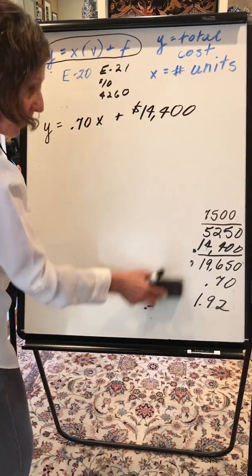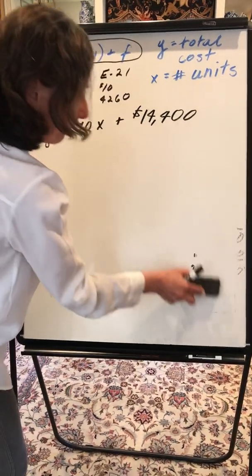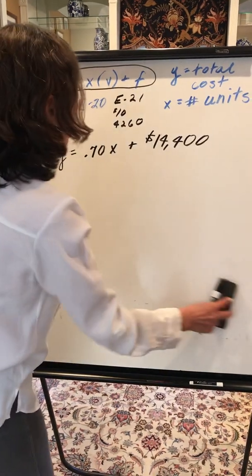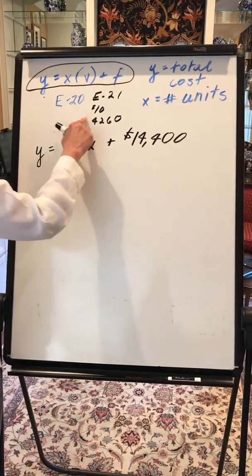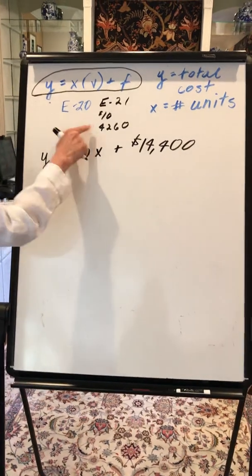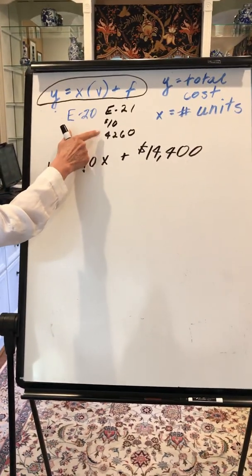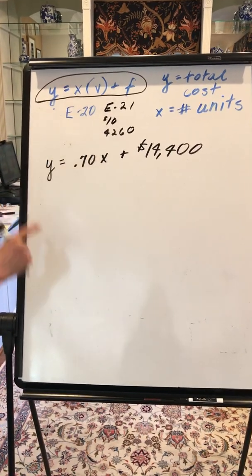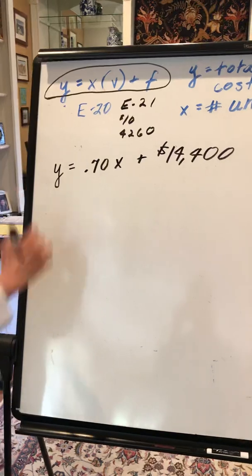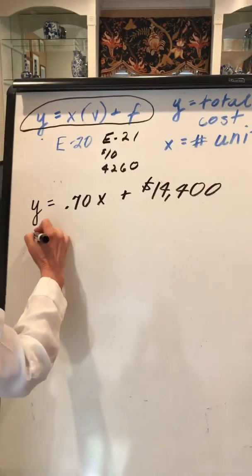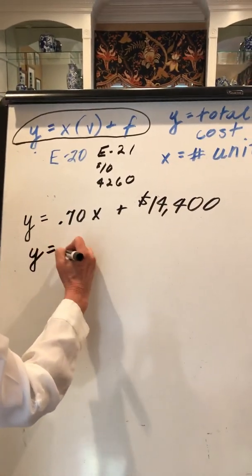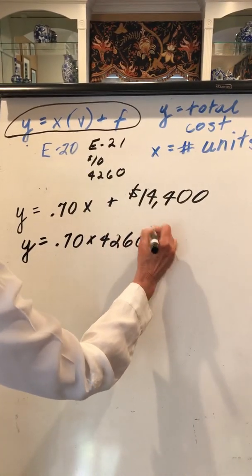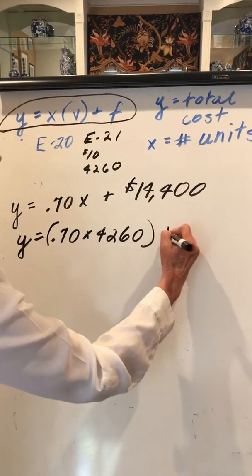So this problem continues to E21. In E21, they say, what will sales be? What will profits be if they clean 4,260 garments? Okay, so now that we have this, I'll write it out. Y equals 70 cents times 4,260 plus